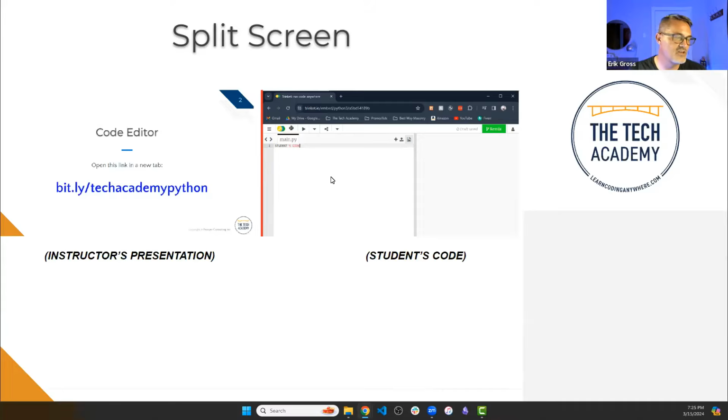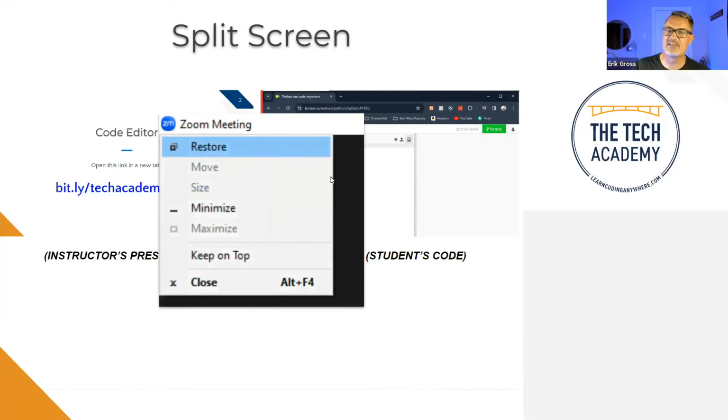If you have any trouble getting these things set up side by side, one of the things you might have to deal with is that Zoom sometimes is not very cooperative. It won't resize and let you move it around. If you want to get over that, you can click on the words Zoom meeting here, and a little button that says restore should pop up on a Windows machine. You should be able to click that, and then it'll let you resize the window